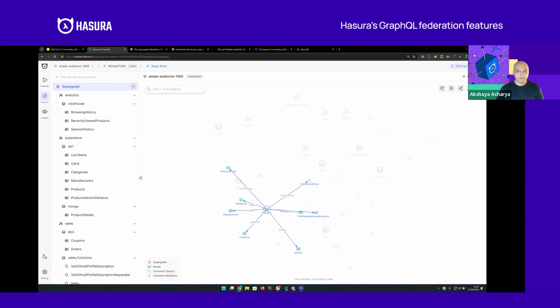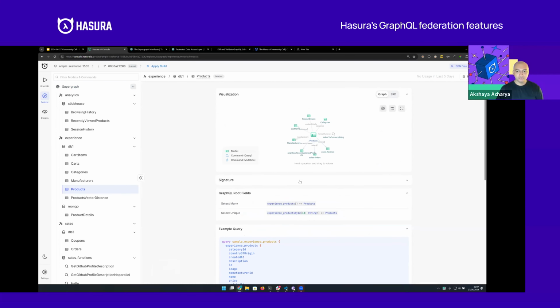For example, if I click on products, it shows me, okay, this is part of the experience subgraph and database one, which means as a consumer, there's a great degree of transparency, and I can immediately go and talk to the right team. And the granularity is down to the database.